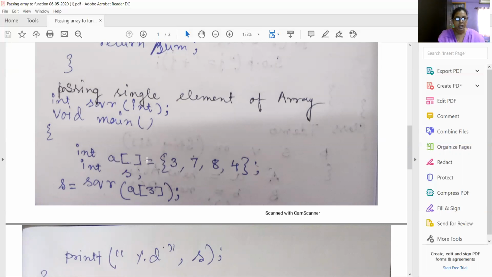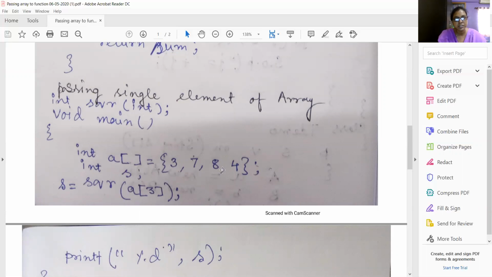Now coming to the point, int s, another variable, has been taken, where I will store the returned value from the sqr function. Within the sqr function, a single element from this array has been given as a parameter.